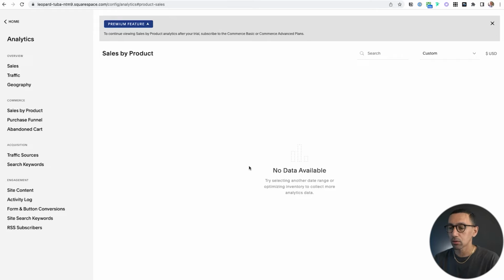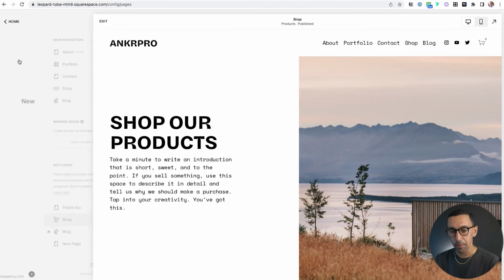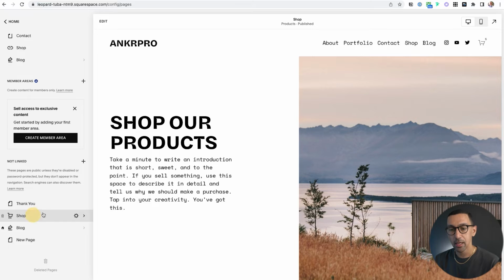So in this page, it'll list everything. It'll show you bar charts of the most visited products or most purchased products, and then below it, it'll literally put it in order for you based on the time period that you have set. So once you do that, you then go back to pages, then go to your shop, and then you start